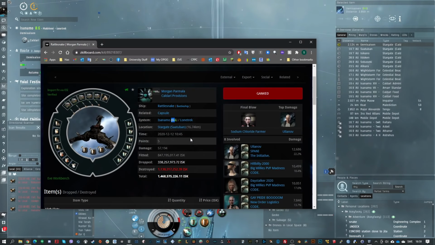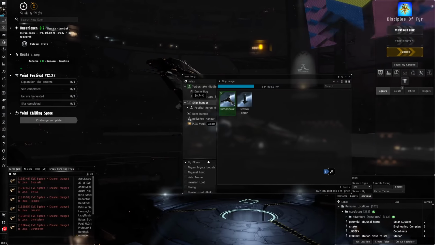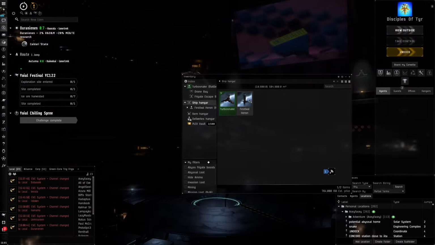I've actually got an exploration ship with me in my cargo bay, or in my frigate escape bay. See here, we've got a Heron right here. He's sitting in there, tucked up, nice and warm in this cold weather. It's really cold, so he's doing good in the cargo hold of my ship. So we're gonna repair the overheated modules because we've got quite a lot of them. There we go. Okay, and then we're just gonna drag out the Heron and go and search for